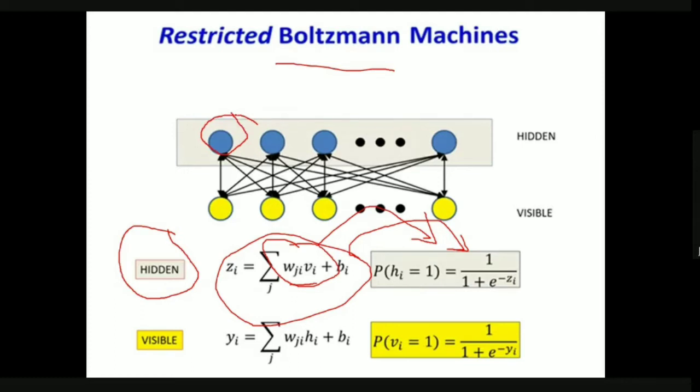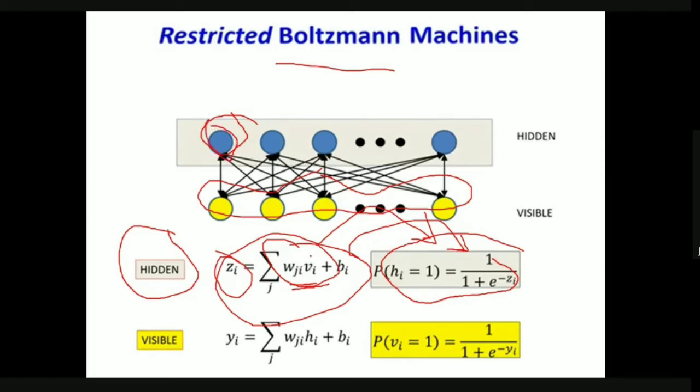Okay. So these particular hidden units only look at the visible states. Let us say this is a hidden unit. It is only looking at all the visible states. It does not take into consideration the other hidden states. So for the ith hidden state, let us say Zi is for the ith hidden state. The ith hidden state value is the logistic, which is computed over the weighted combination of all the visible units. Now we are calculating this Zi value for a hidden neuron or a hidden unit.